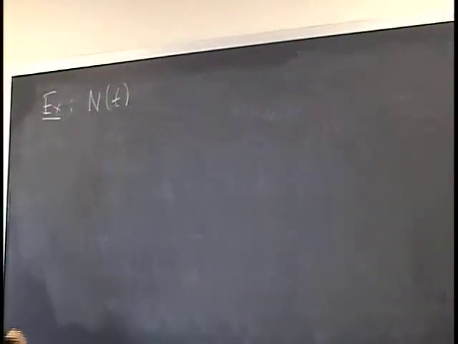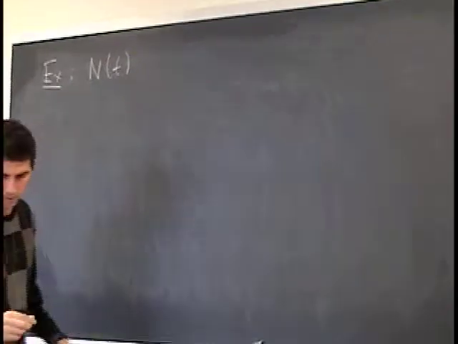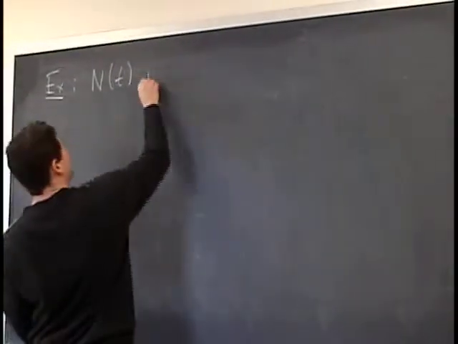Okay, so let's do this. Let's define, well, I won't tell you what this is coming from yet, but n of t. When I use that, I'm usually thinking of the number of something. So n of t is a function